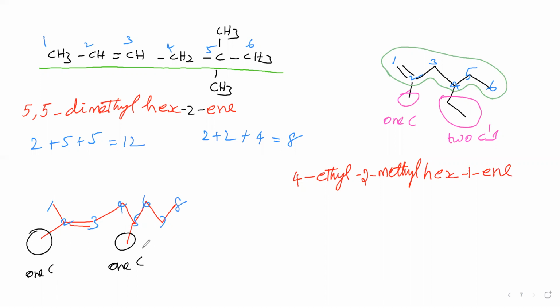These are 2 methyl groups, therefore dimethyl. This methyl is present at the second carbon and this methyl is present at the 5th carbon. So 2,5-dimethyl. The parent chain contains 8 carbon atoms, therefore oct. The C=C double bond is present at 2 and 3, therefore the position is 2, and ene. This is the name of this compound. Next,